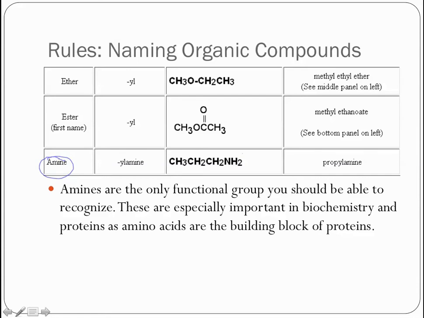An amine is anything that has an NH2. Sometimes it's also in its reduced form where it has an NH3. So this is that amine group, and it's on the end of a carbon chain, and we use the same rule. So 1, 2, 3, so that's a propane, but since it's an amine, we say propylamine, so that would be